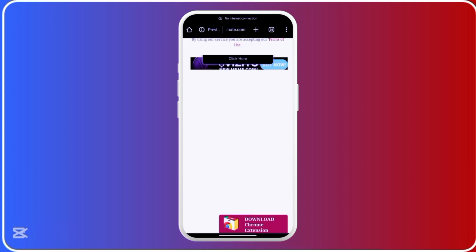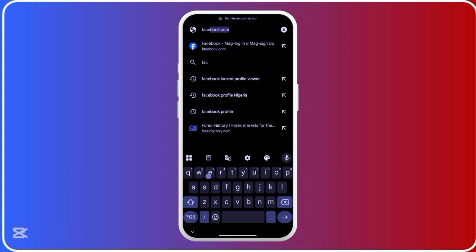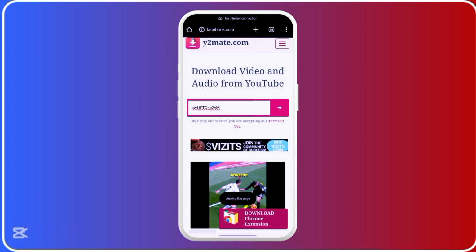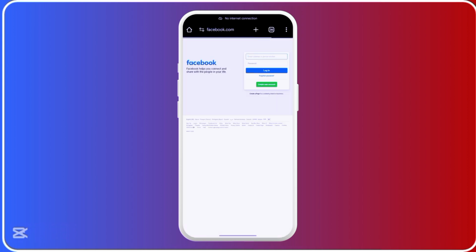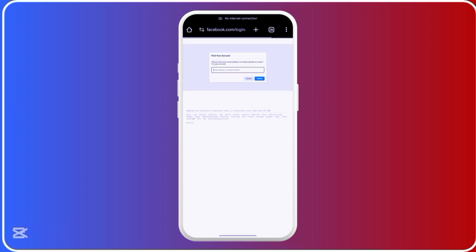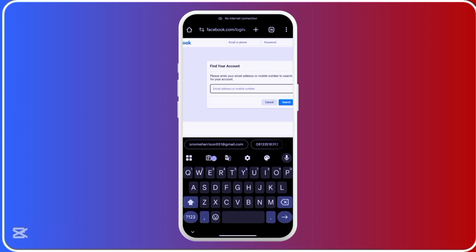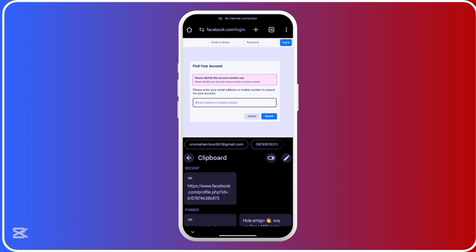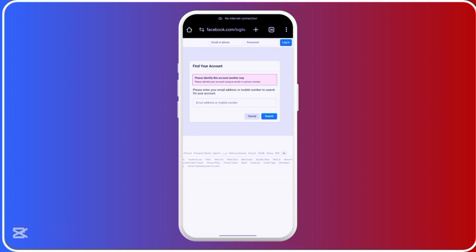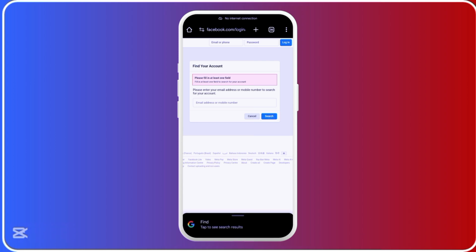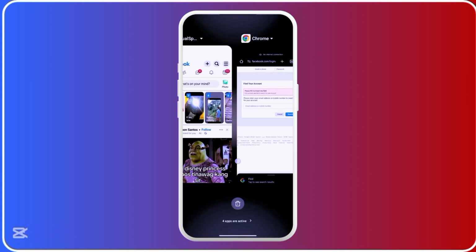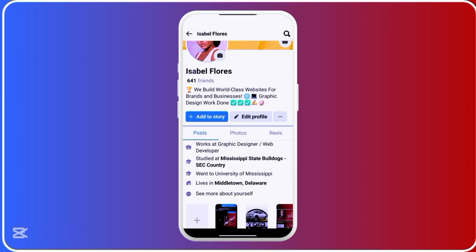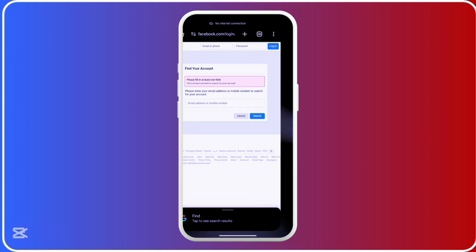I'm going to come to Chrome and type Facebook.com. I'm going to click on forgot password and paste the QR code that I've copied. If it's showing that, I'm just going to use the name, which is